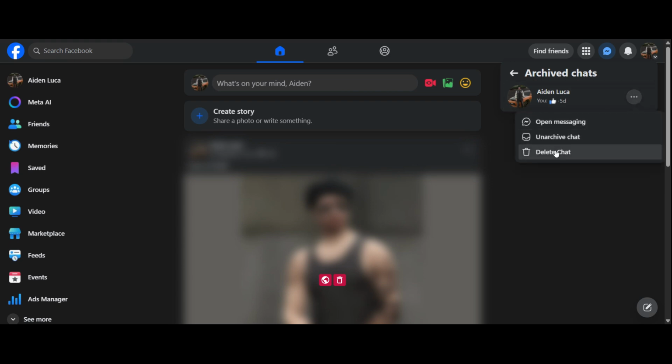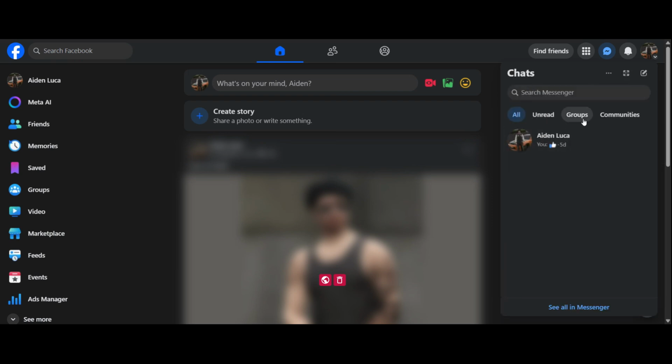Now, in the archived area, search for the person's name or scroll through your older conversations. If you find the chat there, that is a very good sign because it means the conversation still exists. Open the chat and check the options at the top or inside the conversation menu. You should see an option to unarchive the chat. Tap Unarchive and the conversation will move back into your normal inbox so you can view it again and continue